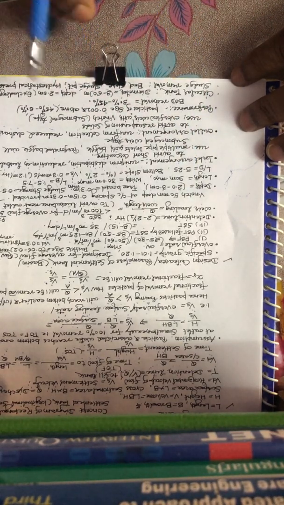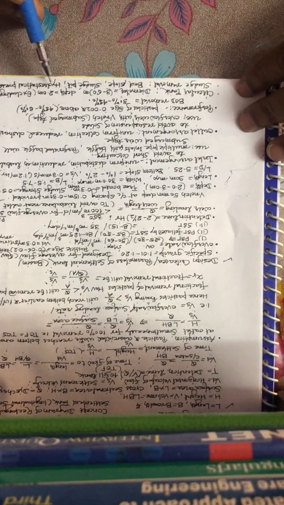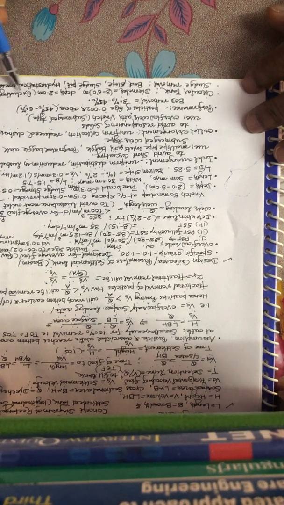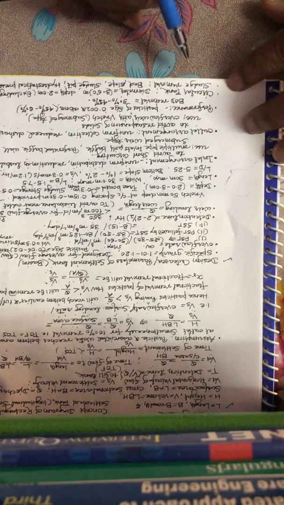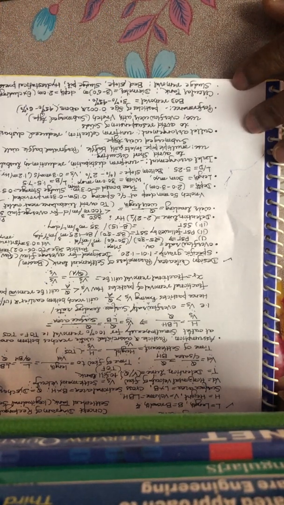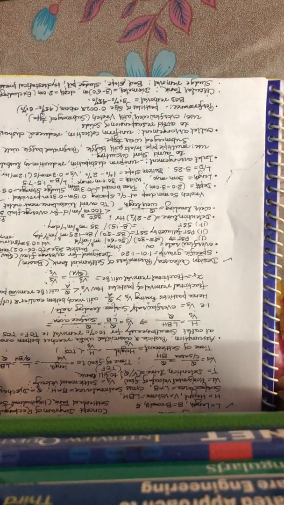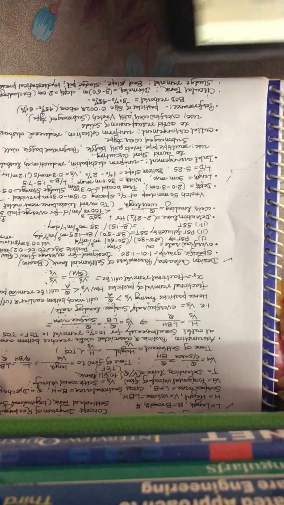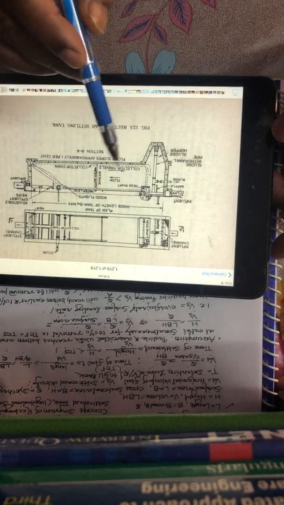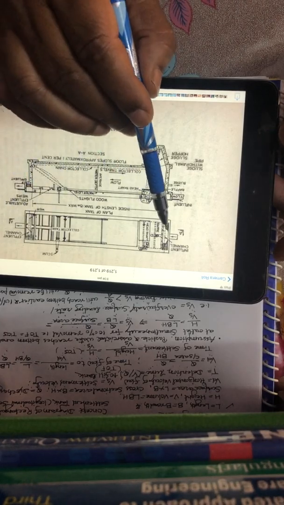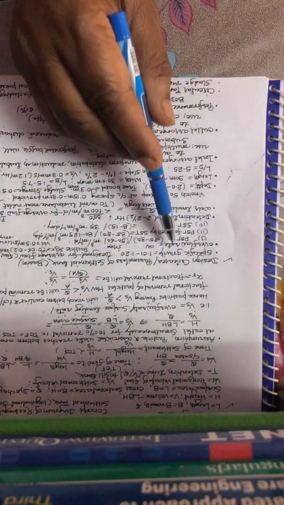The diameter of a circular tank is 3 to 60 meter, and the depth is about 2 meter, excluding the hopper. The bottom of the circular tank is kept in a hopper shape, so this depth excludes the depth of the hopper. A bed slope is given, and there is a sludge pit, from which sludge is removed hydrostatically. We have already discussed this detail in the sketch or diagram of the working of the treatment plant. Length, height, width, influent, inlet, outlet, all these arrangements we have mentioned there.